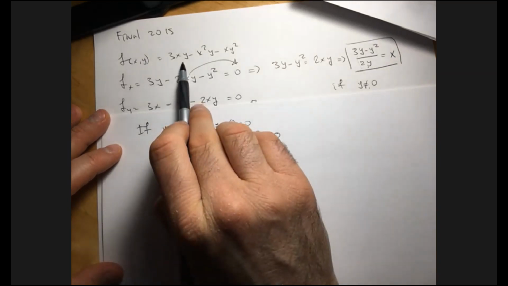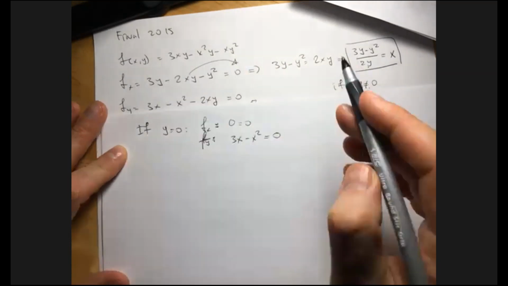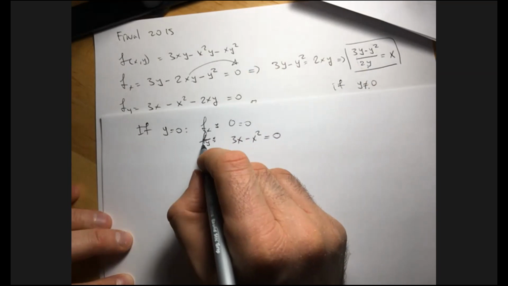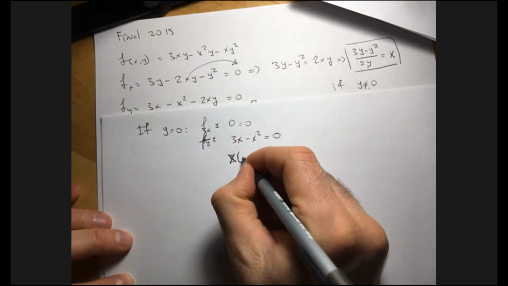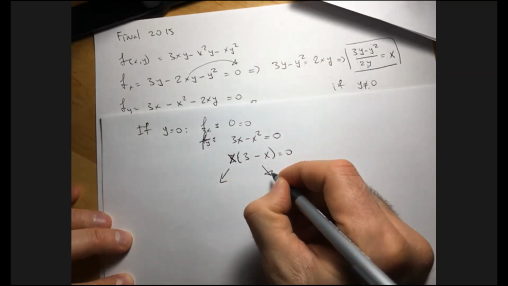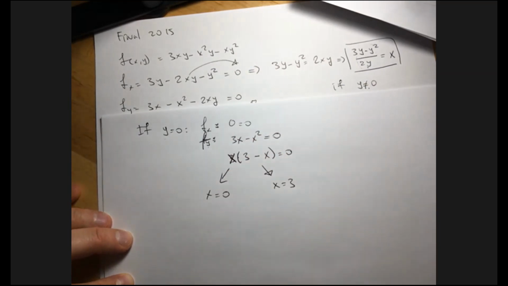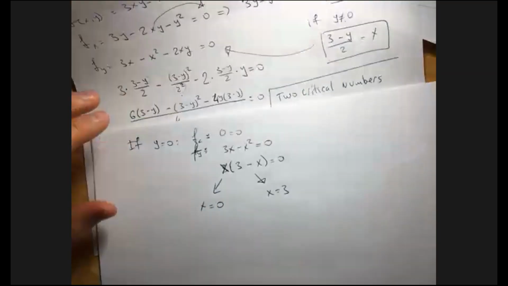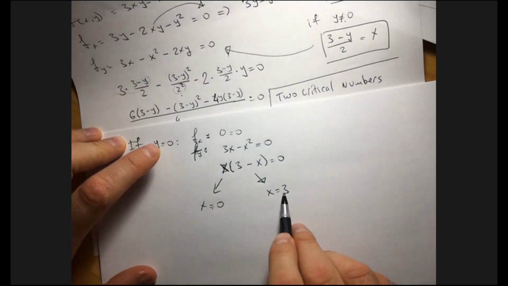Because as you can see, the domain of this function is all the real numbers, all the points in R2. When y is equal to 0, partial f partial y becomes x(3 minus x) is equal to 0, which gives us 2 points. x is equal to 0 and x is equal to 3. Which produces what? Produces two more critical numbers, (0, 0) and (3, 0),